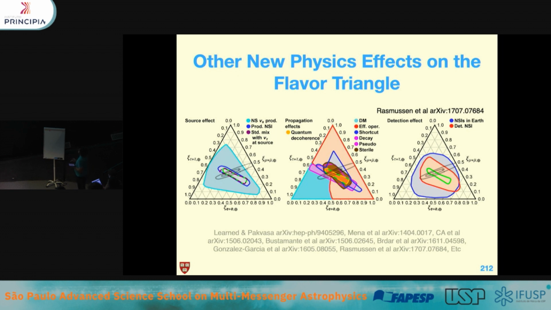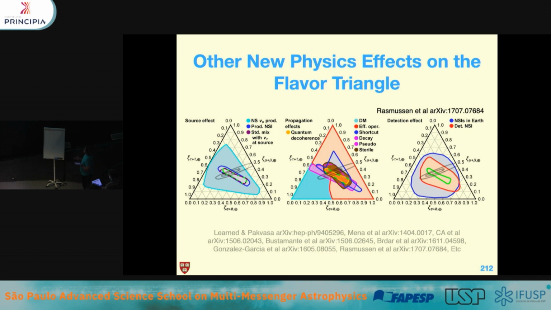So this is what I was telling you earlier. For example, if there is some new interaction between neutrinos and quarks that is not previously known, that will also modify the flavor of neutrinos that you see. And this is separated into 2 categories: if the interactions happen in my detector, or if they happen somewhere in the path from the surface of the Earth to my detector. And then you can have effects that happen in the travel of the neutrino from their sources to us.